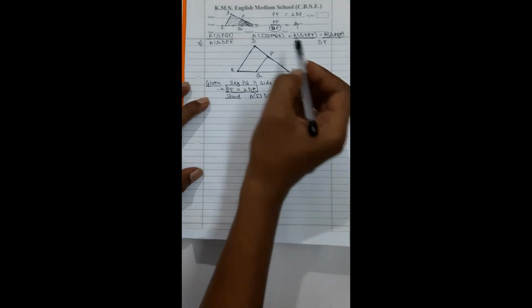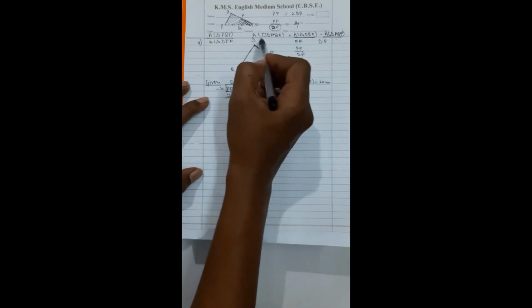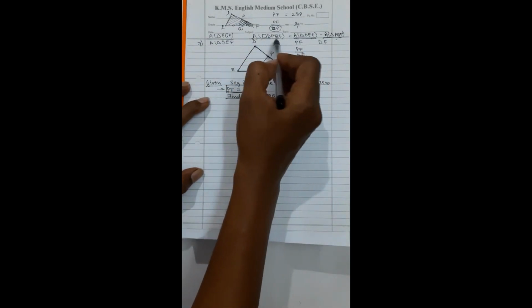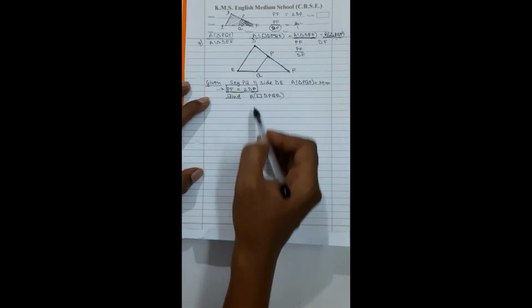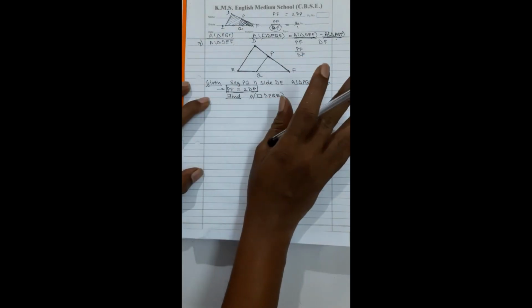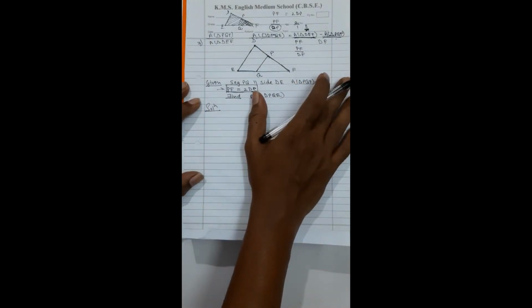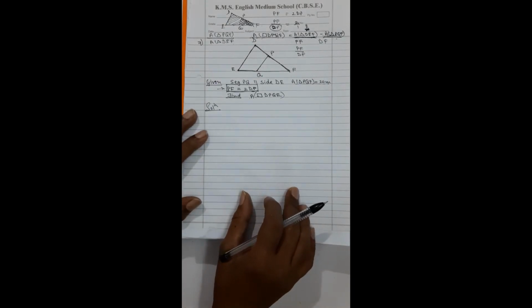So one thing is there, you have to give this a proper form. Second, you have to understand the relation between the quadrilateral, the bigger triangle and the smaller triangle. Because of this figure, the quadrilateral is equal to the bigger triangle minus the smaller triangle. Third, your main problem is to find the area of triangle DEF. If you have the basics and have solved these questions nicely by now, you will be able to understand this question very easily.